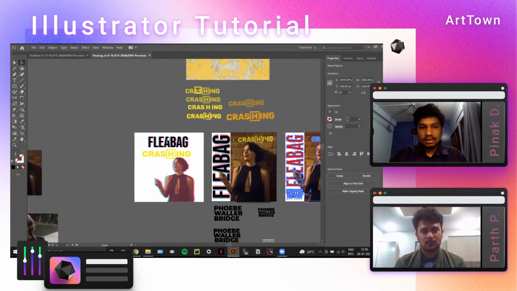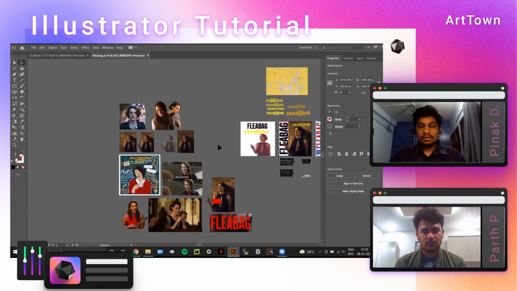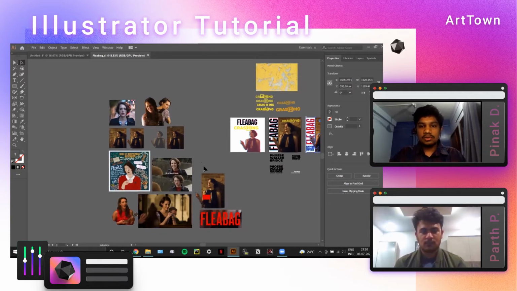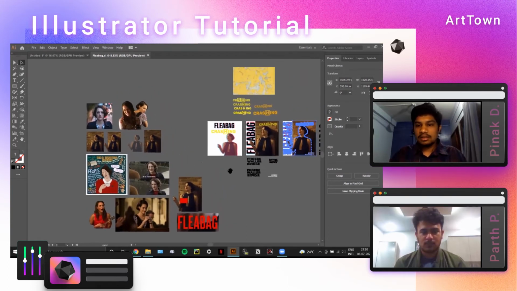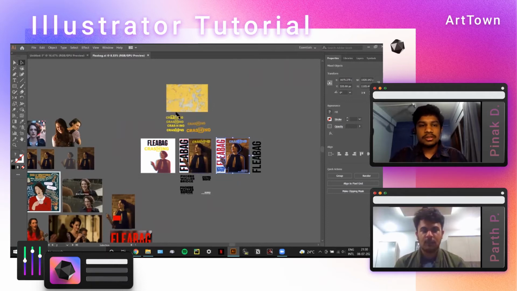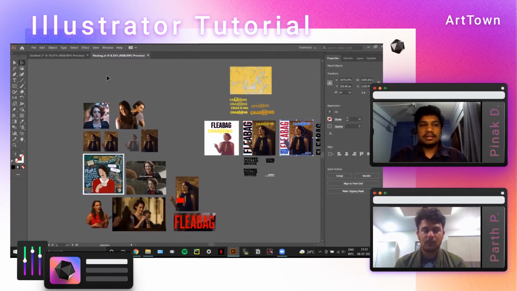So I'll go over the process. What I do first is basically have an idea board here. So now that I know the topic of my design, I'll have as many images as I can get, and then compare which fits my design. So here the one I chose was this one. I tried multiple different things. She is Phoebe Waller-Bridge, the creator of Fleabag and Crashing. So I wanted to make one which included both of them. So I make an idea board and then move into my design.